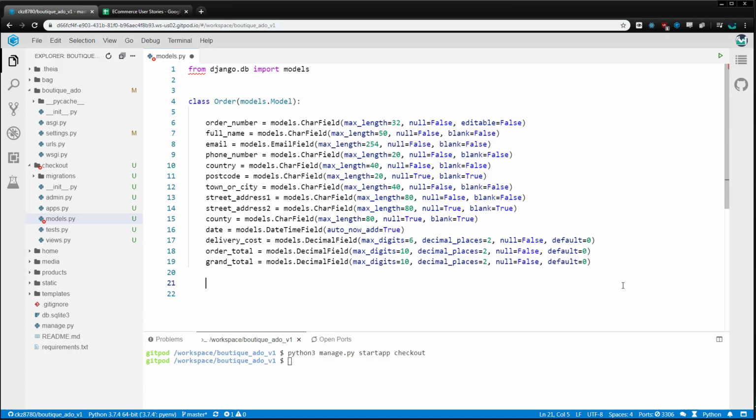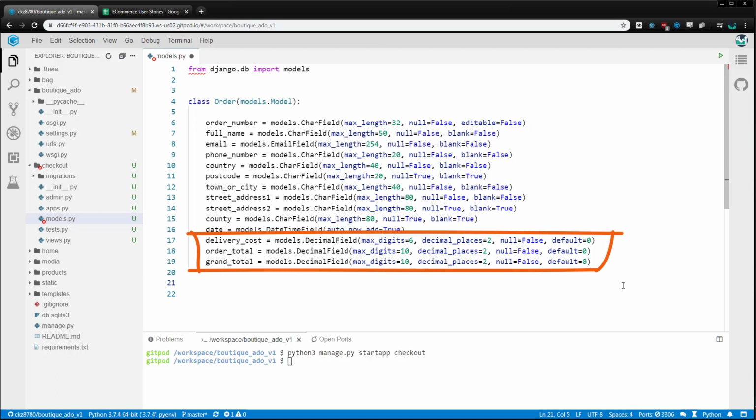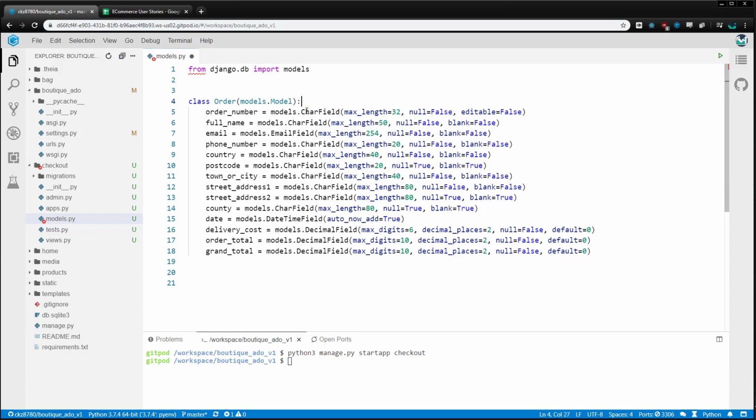We're also using the auto_now_add attribute on the date field, which will automatically set the order date and time whenever a new order is created. And the last 3 fields will be calculated using a model method whenever an order is saved. One last key thing in this model is the editable=False attribute on the order number field. We're going to automatically generate this order number and we'll want it to be unique and permanent so users can